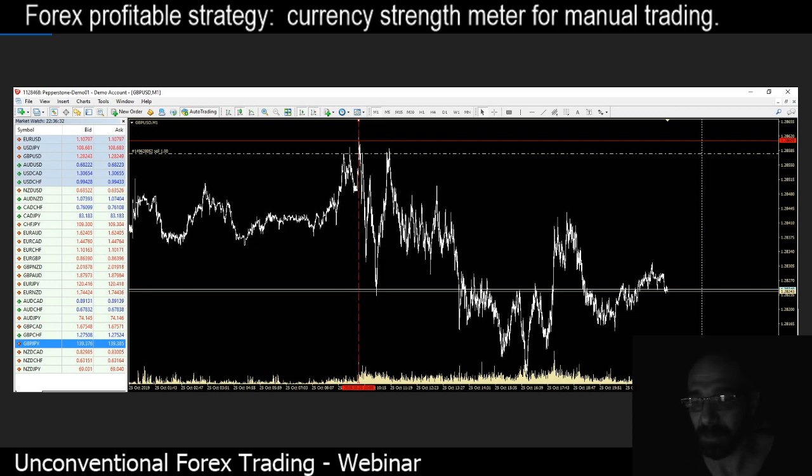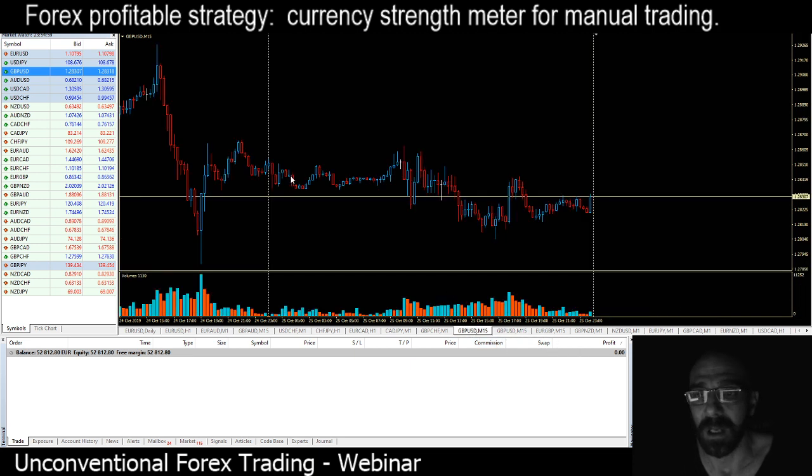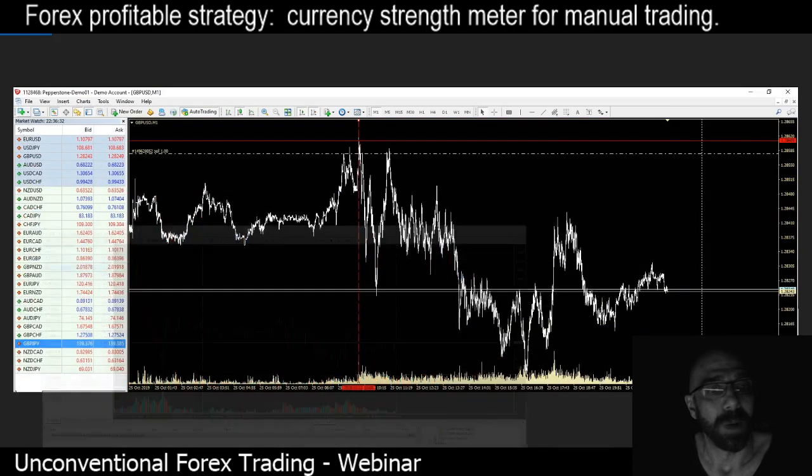Okay, so GBPUSD, that bad example was a buy in this area and let it go. That's wrong. First, you have to close at the end of the day, and second, there was a sell, not a buy action to take.